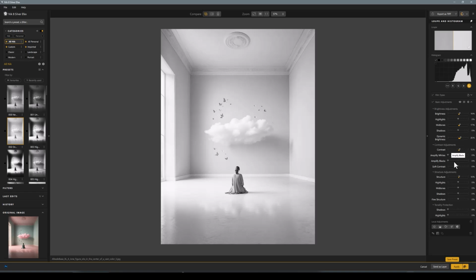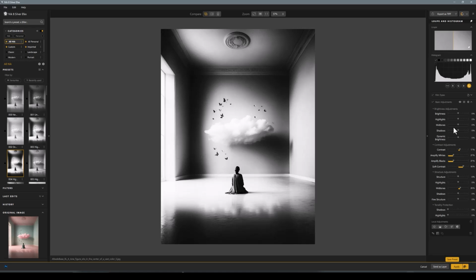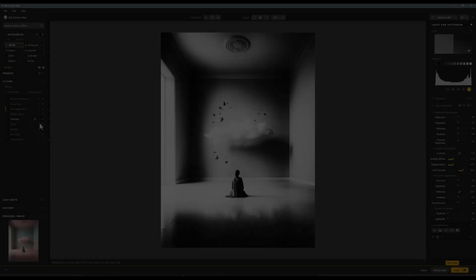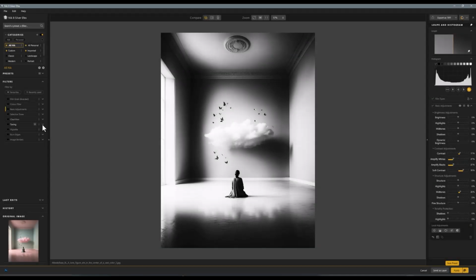If I go and click onto another one, you'll see that it's an expandable or extendable panel. What I want to do now is come in and I might change, say the contrast, or I might come in and amplify the whites. Let's come over here onto the left-hand side, and if I click on filters, you'll see now it's in groups. For example, color filter, you've got selective tones, clear view, toning. If I go in and say toning, I can then open up the toning filters, I'll call them that, and